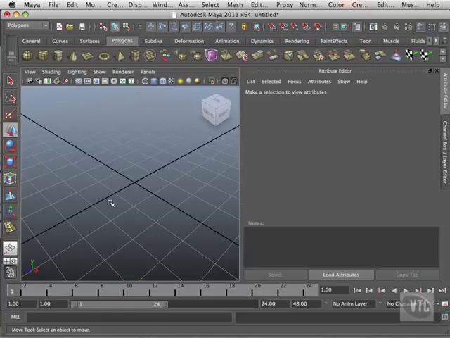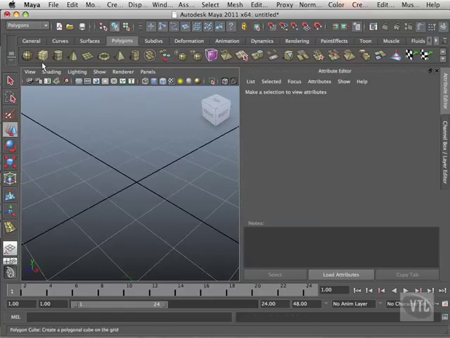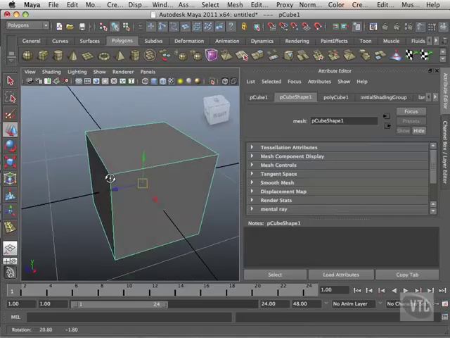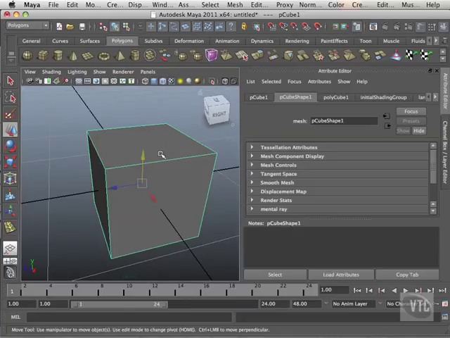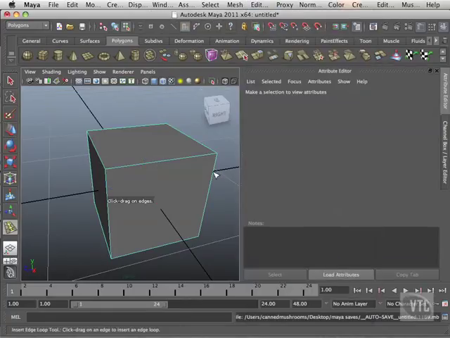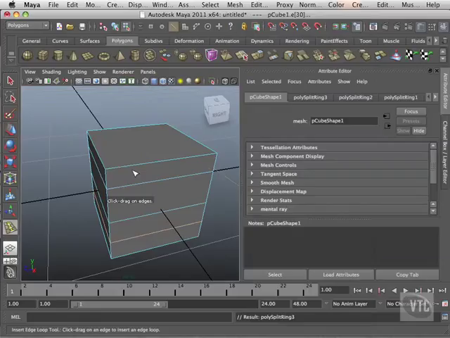Component viewing. Now, polygon objects, since they're made of components of vertices, faces, and edges, it's very important to know the several ways to display those, so when you're modeling in the heat of the moment, you can see everything. Okay? Let's take this for example. If I insert a few edge loops using the Insert Edge Loop tool,